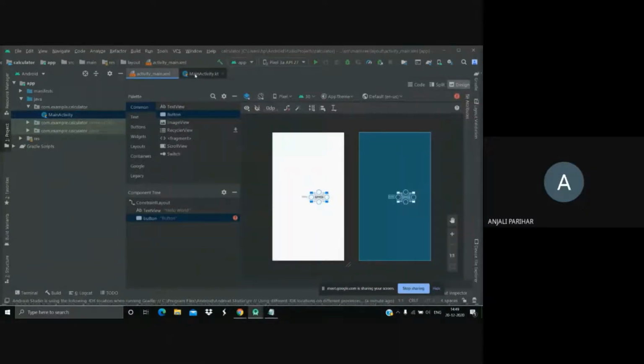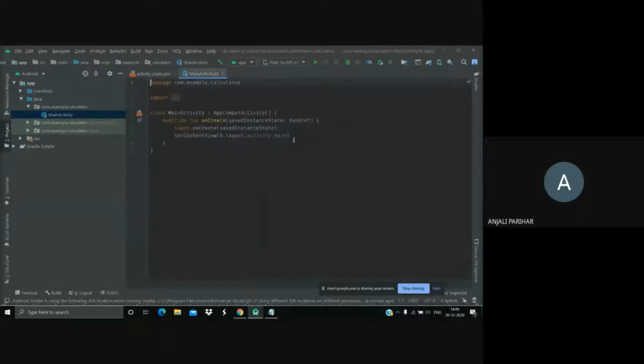And in main activity, the main responsive part, means if a user interacts with any of the widgets or any of the views, what should happen after that interaction, we'll be coding this in this file. One more file we do have, that is the resources file. We basically would have layouts in this resources file, and whatever colors we want to give, whatever animations we want to give, whatever images we want to add, we'll be dealing with all such stuff in the resources file.